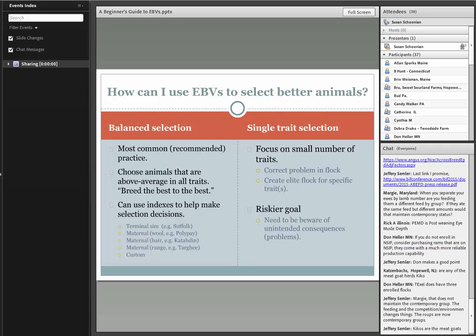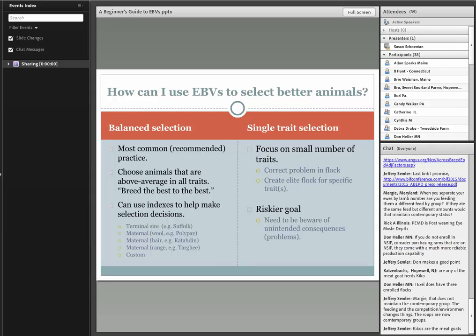So if I'm looking for a Suffolk ram to sire crossbred market lambs that I'm going to sell when they weigh 130 pounds, I could use the terminal sire index, which is actually called the Carcass Plus. It puts an emphasis on growth rate, loin depth, and fat depth, and I'm sure there's probably weaning weight or something else in there. And then we have the indexes for the maternal wool, hair, and range, which are again different production systems, different